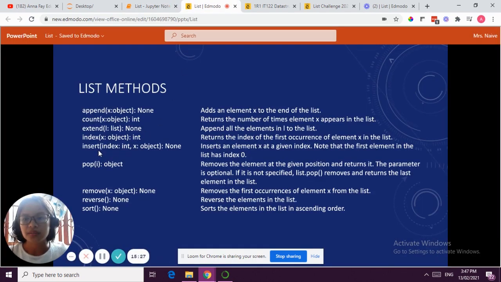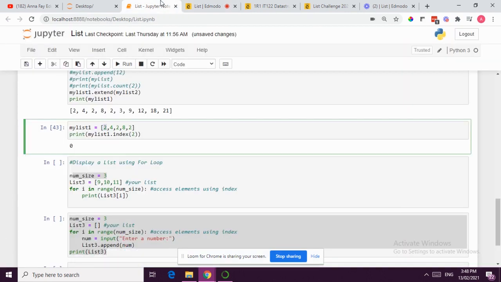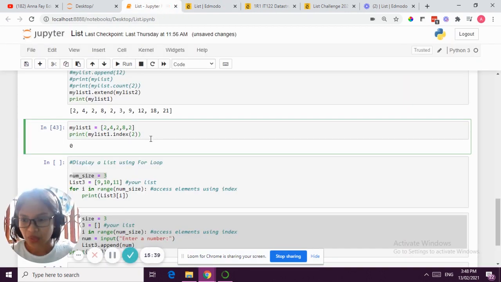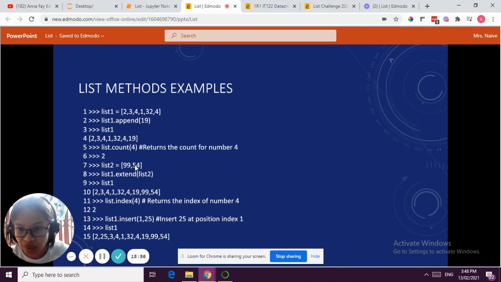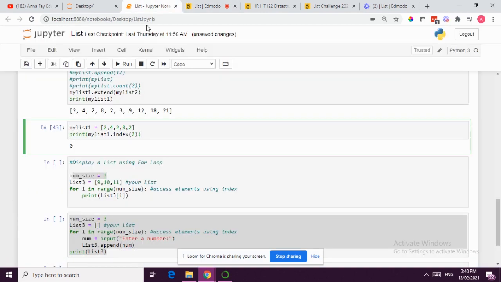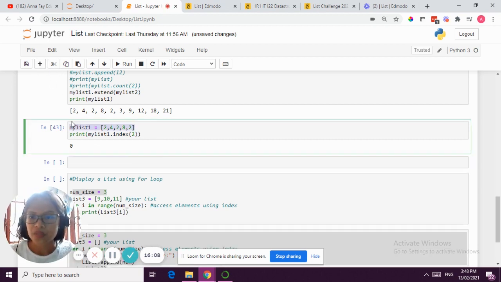Next we have insert. Okay, so you have insert element x at a given index. Note that the first element in the list has index 0. Okay, so what's the difference between append and insert? Append always adds at the end of the list, and with insert you specify which index you want to add at. Okay, so let's have an example because I forgot it already. You have two parameters for insert. One would be the position, and next would be the element that you're going to add. Okay. So say for example,